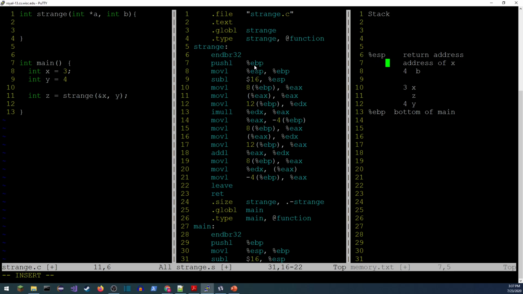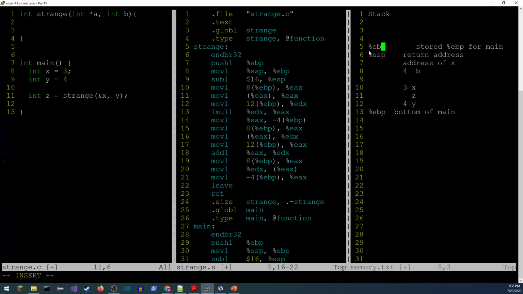And then we do this stack setup stuff. We'll push EBP, and then we move the stack pointer into that. So this will be the stored EBP, the base pointer for main. And then the next line, line 8 right there, stores the stack pointer there.